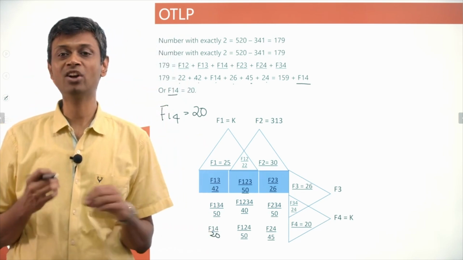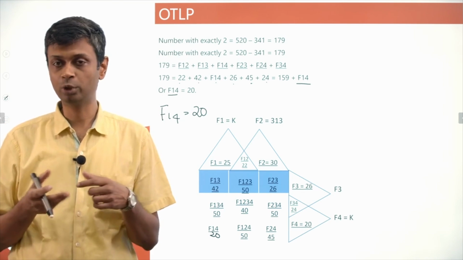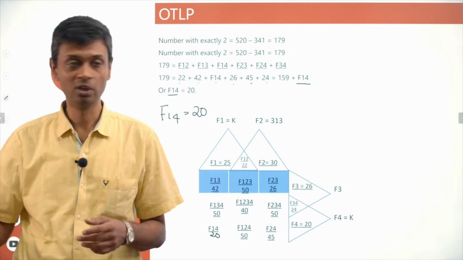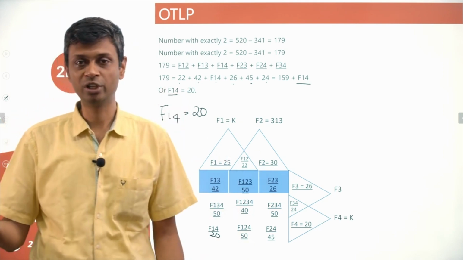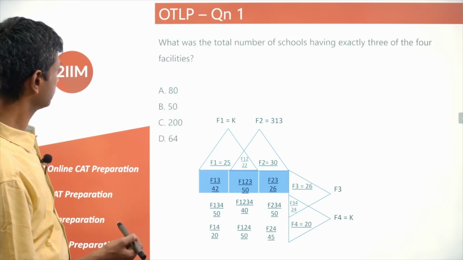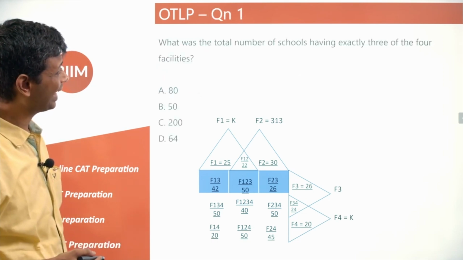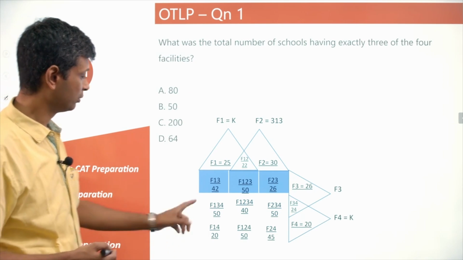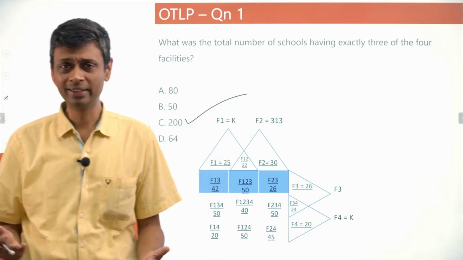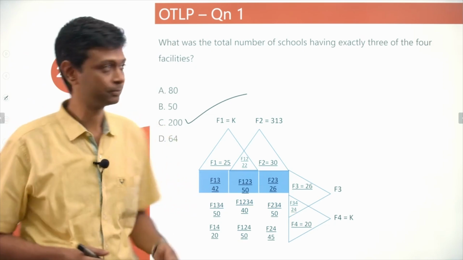And so any combination of some 2 but not the other 2, some 3 but not the 4th, all 4 put together, none of the 4, all of those are there on a platter. You just need to jump to the question and answer them. What are the total number of schools having exactly 3 of the 4 facilities? 50, 50, 50, 50, 200. The kind of question where you solve the grid, then you're going to attempt the 4 questions in a hurry.